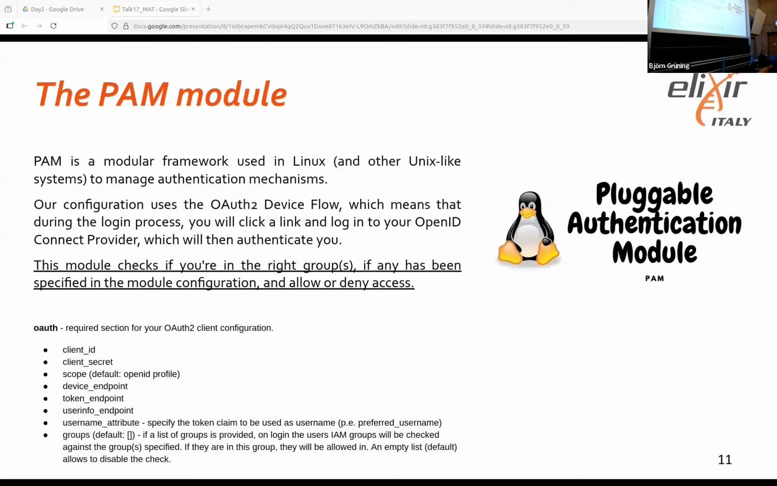Why are we using PAM? PAM is the module responsible on the Linux side for authentication. We are using this PAM module with the OAuth 2 device flow, which is basically the one you use on any, let's say, Bluetooth device. So the user will be sent a code